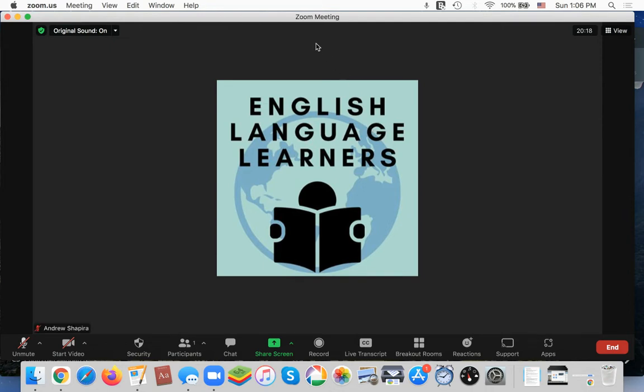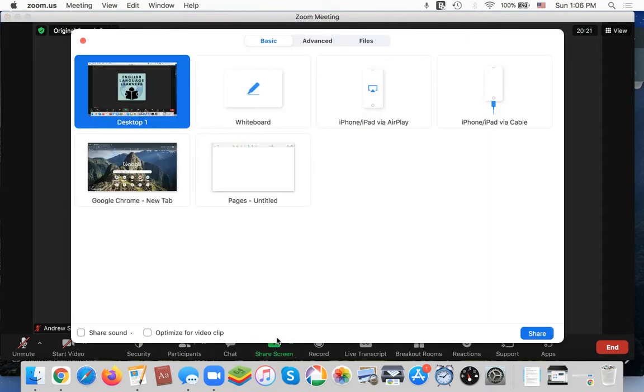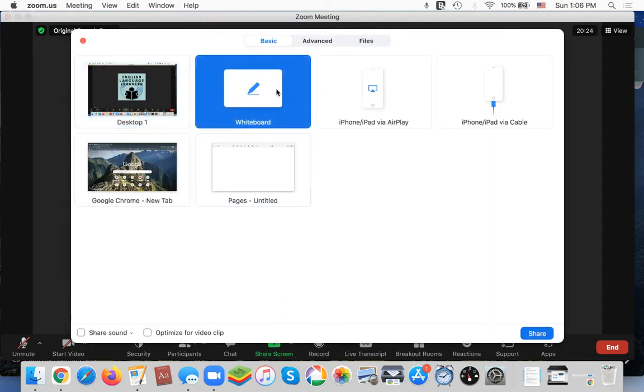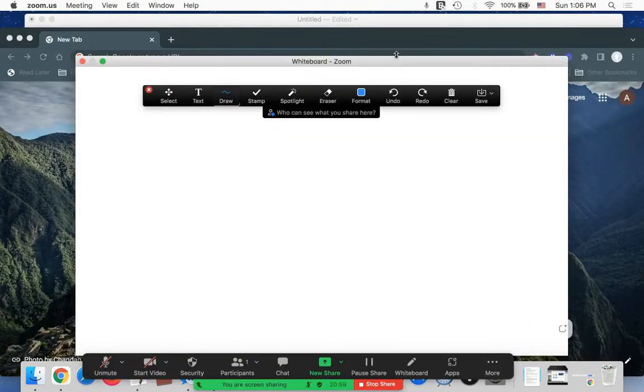So here I am in a Zoom meeting, and I'm going to click on Share Screen, the green button, and I'm going to select the second option here, which is Whiteboard. This is the built-in Zoom whiteboard. This is a good option. I know some volunteers have been using it with success. But there are some other options that I will explain a little bit later that I think have some advantages. But I would say that if you like this option and it's easy for you, then by all means keep using it. So I'm going to click on the share button to select that option, and it brings up this